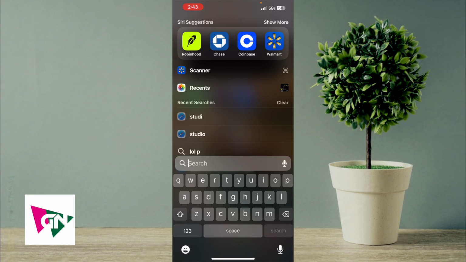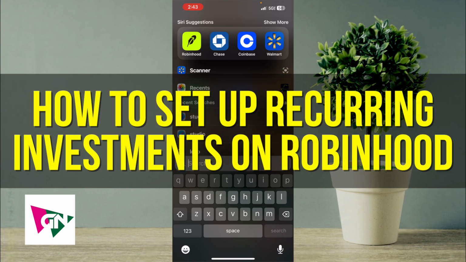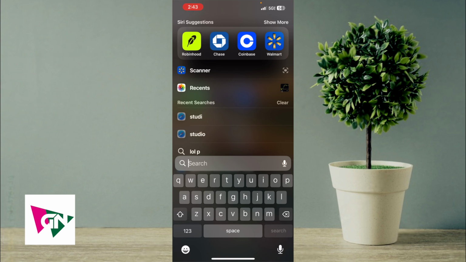Hey everyone, in this video, I'm going to show you how to set up recurring investments on Robinhood. This is going to be particularly useful for individuals. Let's say that you want to set up to actually buy a certain stock every week or every month. Either way, guys, this is going to be pretty simple. There's not going to be a lot of steps involved, so be sure to watch all the way until the